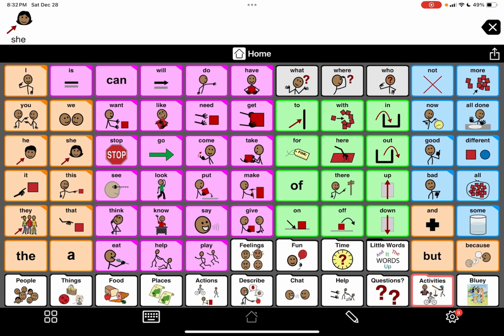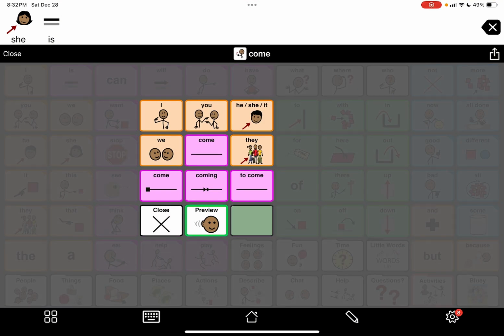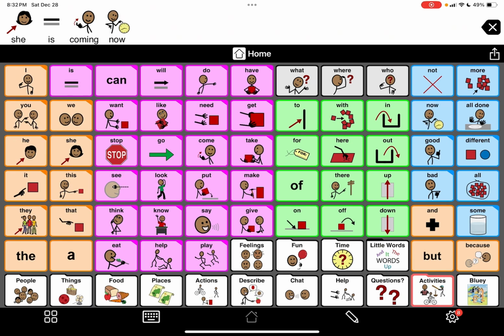How about she is come. We want to say she is coming. So, let's play around. I can either read it, but if I need to listen as a user, she is come. No, she is come. She is to come. Nope, she is coming. Yep, that's the one I want. So I'm going to tap that. Coming. She is coming now. Okay, so also with this,